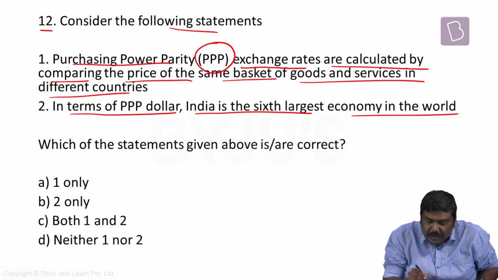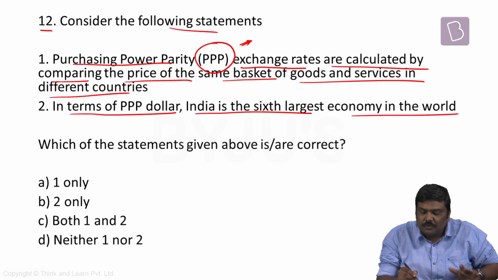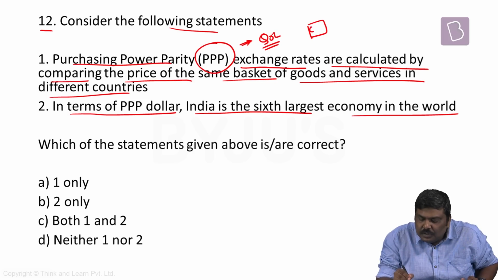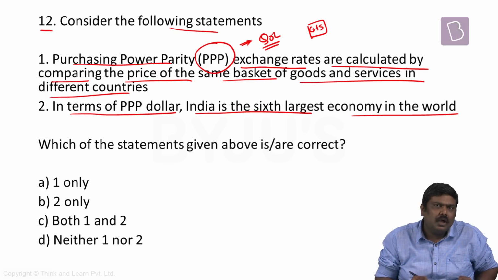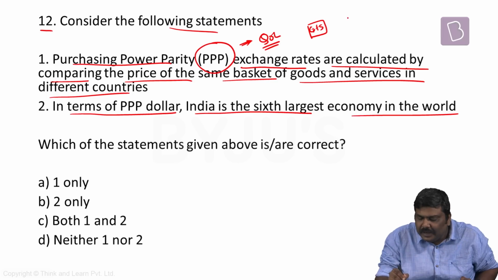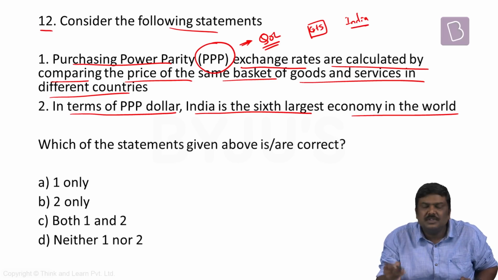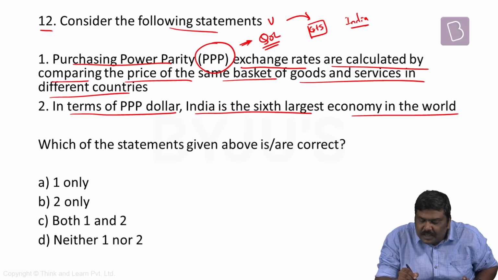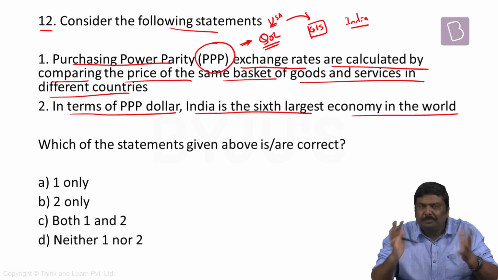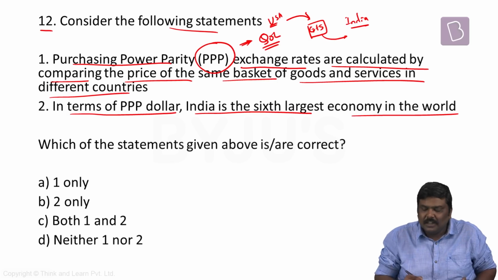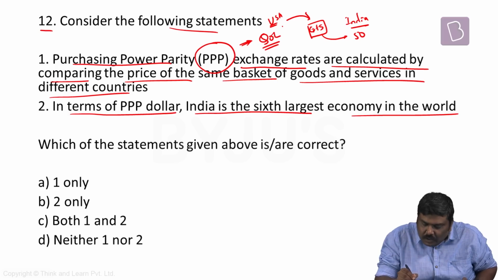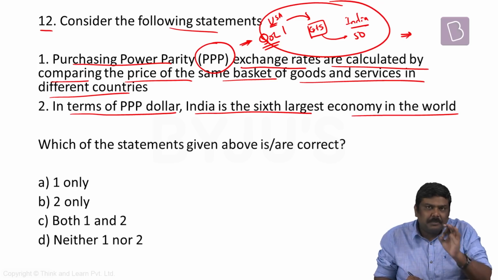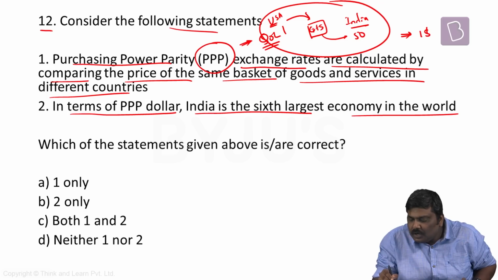Now the concept of PPP is basically a comparison of quality of life. What do I mean by this? Let's say hypothetically, a set of goods and services is taken. How much money do I need to spend in India to purchase this particular set of goods and services, and how much will the same set cost me in the USA? Hypothetically, if this set costs 50 rupees in India and $1 in USA, as per PPP, the exchange rate will be $1 equal to